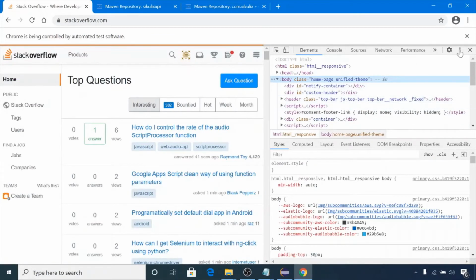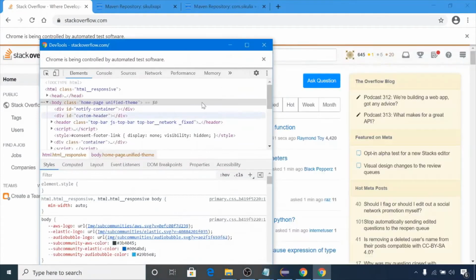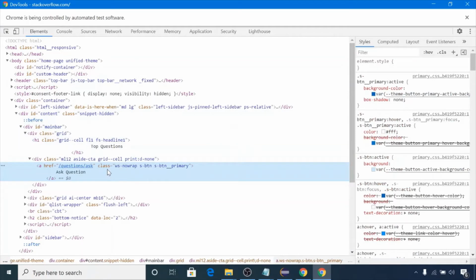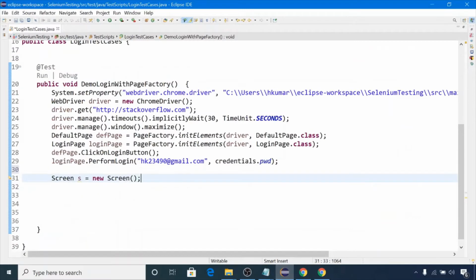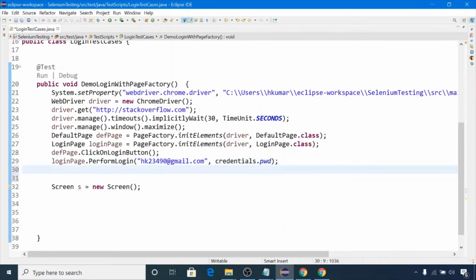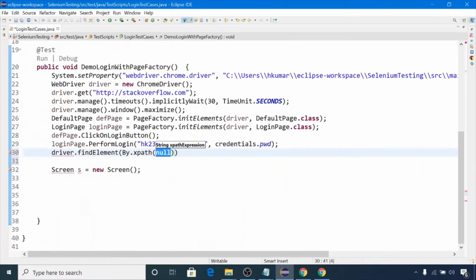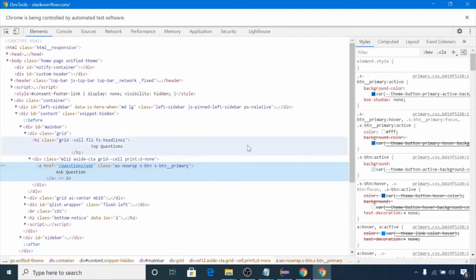The locator for this is an anchor tag, so we can use some XPath: driver dot find element by dot XPath, and in this we can pass href is equal to the link, slash questions slash ask.